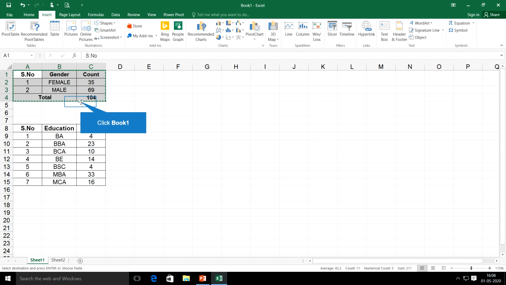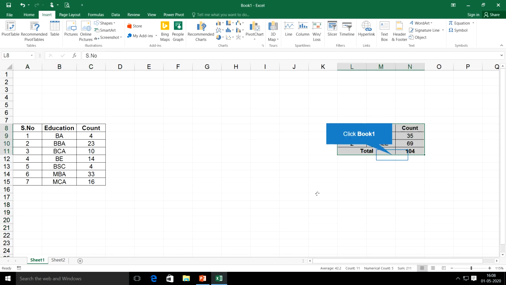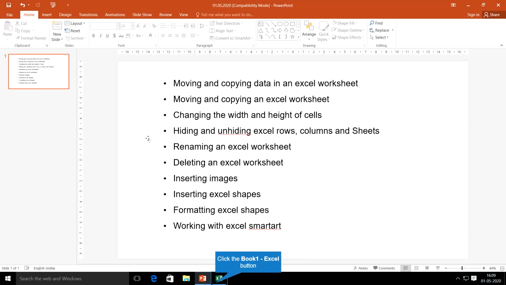Once I see the four-headed arrow, hold on it, and drag it down or wherever you want. Now I have moved this table from the top end and pasted it to the lower end. I can even drag this table and keep it here. So this is possible. We need not type the table once again. So we call this moving data from one part to another part.